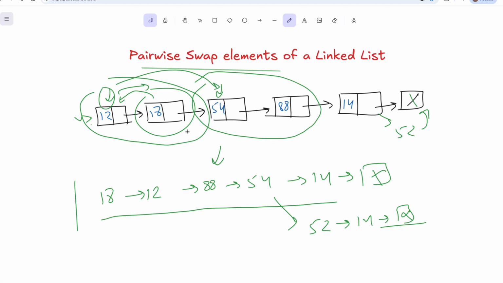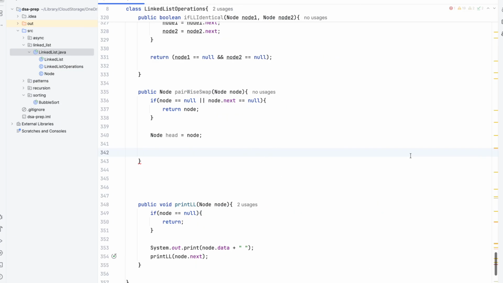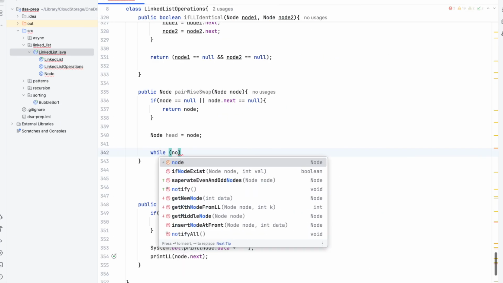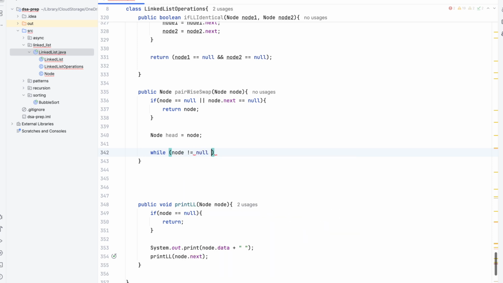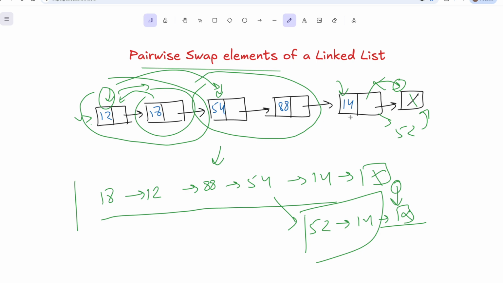And then what we can do, as I already told, in this particular case, for example, if we are having an odd number of nodes, then we will be reaching here, and then here we can see that if our node.next equals null, then we don't need to swap. And if it is an even number linked list, then this will be swapping and we will be reaching this particular point, right? So here we can see that it's a null, then we don't need to swap anything, right? So what we can do, we can run a loop while your node not equals null, or your node.next not equals null, simply. Okay, like we are tracking both the cases, even and odd nodes.